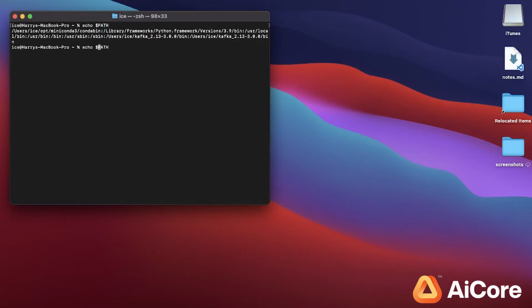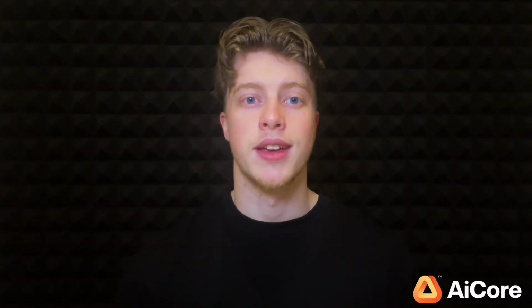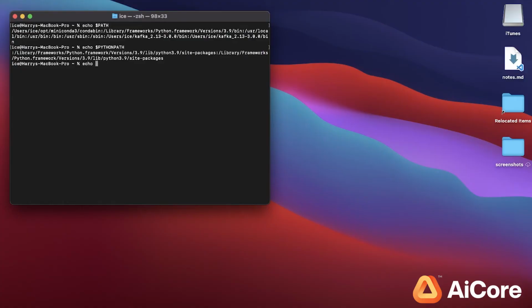Python path, which shows you all the places where the programming language Python will look for libraries it can import, again separated by colons. And home, which is the absolute path of your home directory, which is somewhere the tilde character is actually defined as an alias for. Some other industry software like Spark, MLflow, and Kafka require you to correctly set environment variables too,